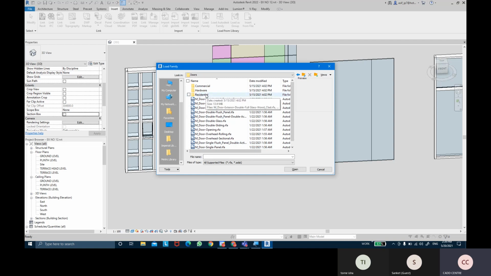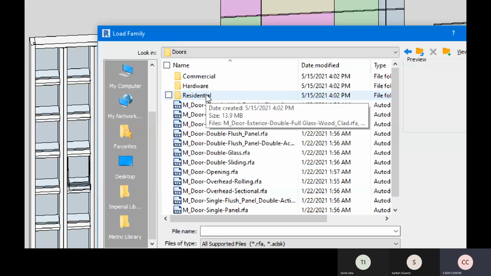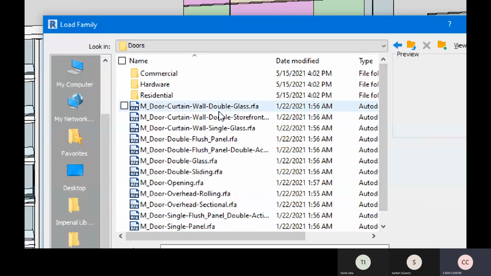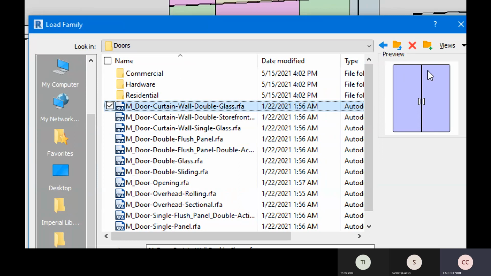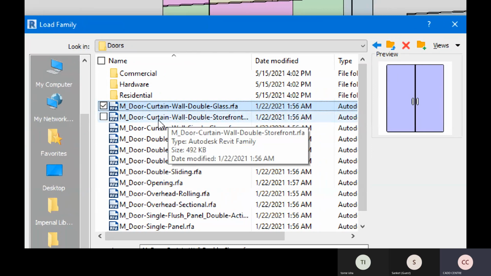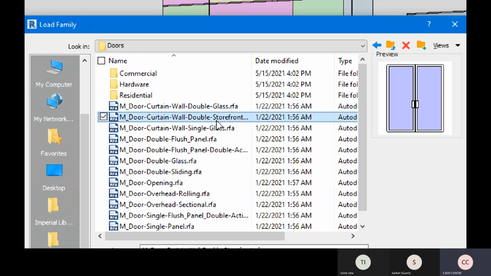If I look into these folders, you'll find that we have this curtain wall door. When I select this, you can see it's a double panel door. Then we have curtain wall double again, but it says with storefront. So this door would have the mullion framing as well.